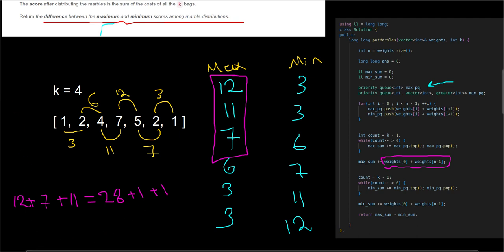This is 12 plus 7 is 19, plus 11 is 30, plus 1 equal 32. So this is the maximum score,